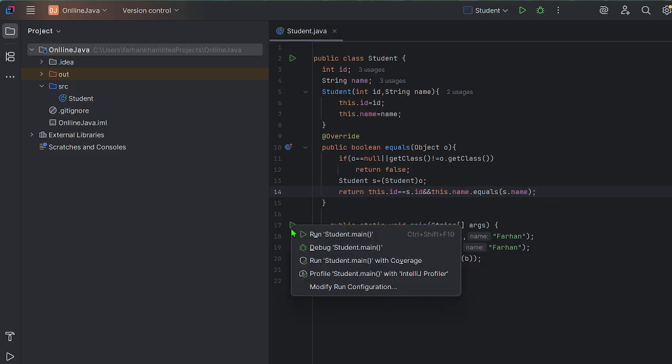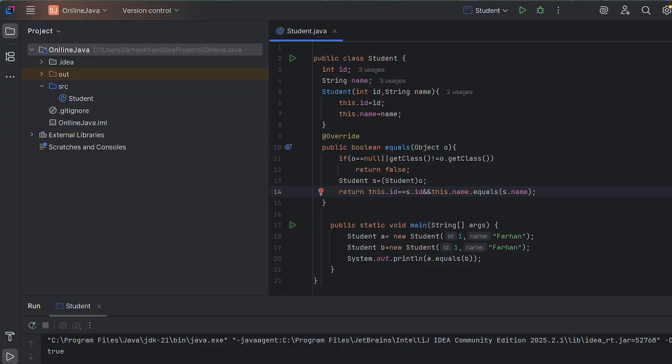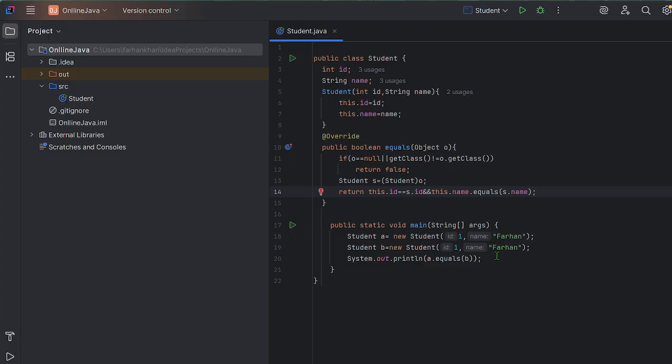Now this will return true. We have overridden the equals method, and this is very helpful in collections. Now we have to override the hashCode method too, because suppose we are using a HashMap where two objects are equal, but the hash code will be generated different, so it will store in different buckets.